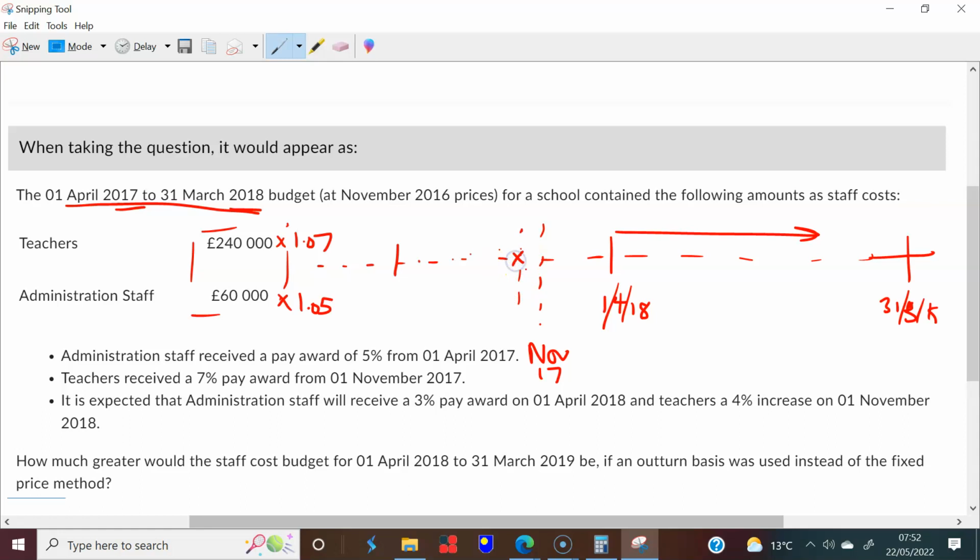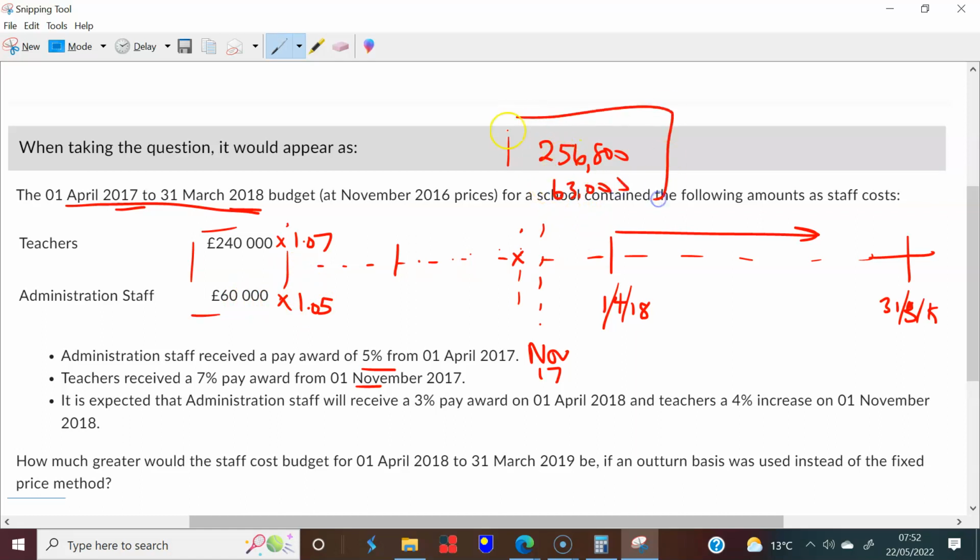So that happens somewhere there on the 1st of November before our meeting. So we know about these two events. So we will now apply these events to our budget when planning our budget. So what is that? The 240,000 times 1.07 takes us to 256,800, and the admin budget increase by 5% takes us to